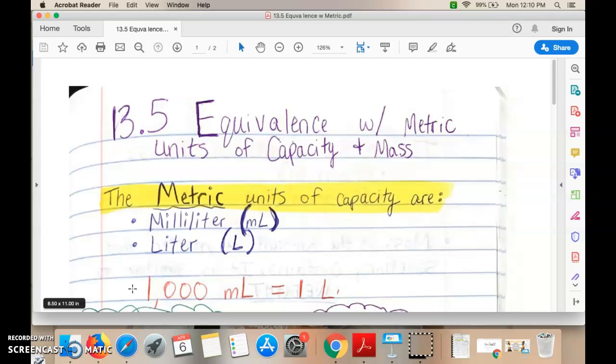And when you think about a liter, think about like a liter of pop. You know, we sometimes get those 2-liter bottles of pop at the grocery store, and they're really big bottles of pop that you can share. Usually you don't drink from them, but you share and you pour into your own cup. Okay, that's a 2-liter, so about half that size would be 1 liter, and 1,000 milliliters equals